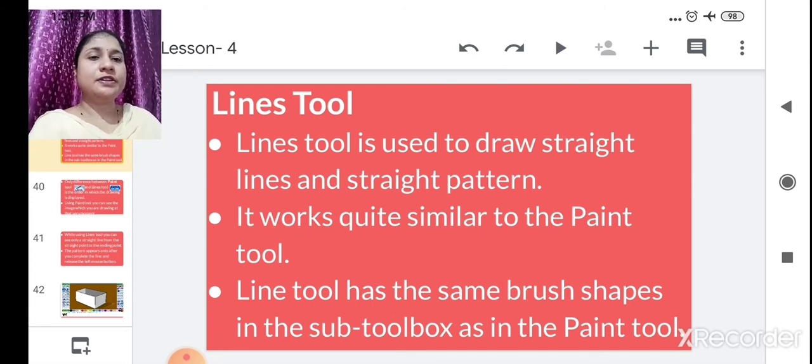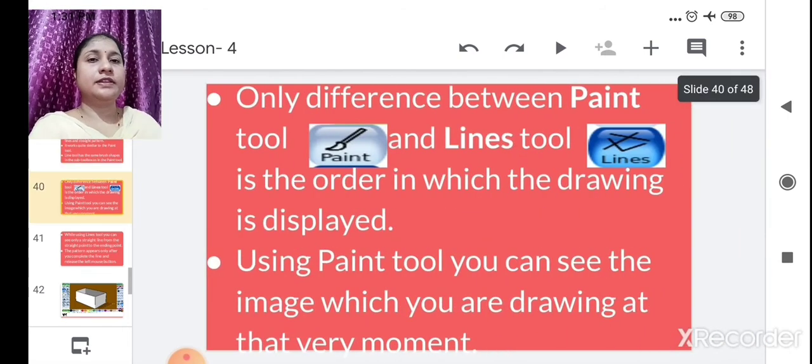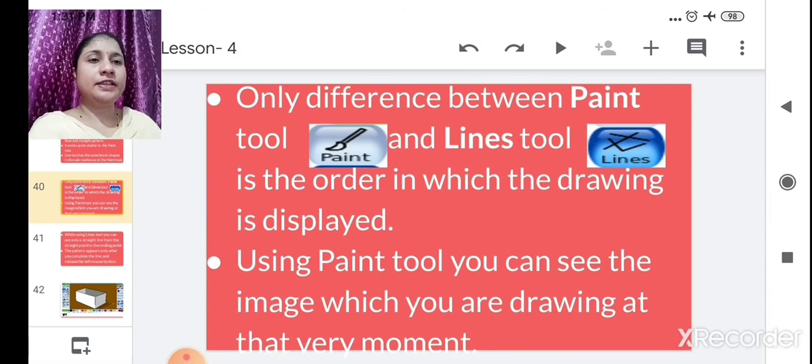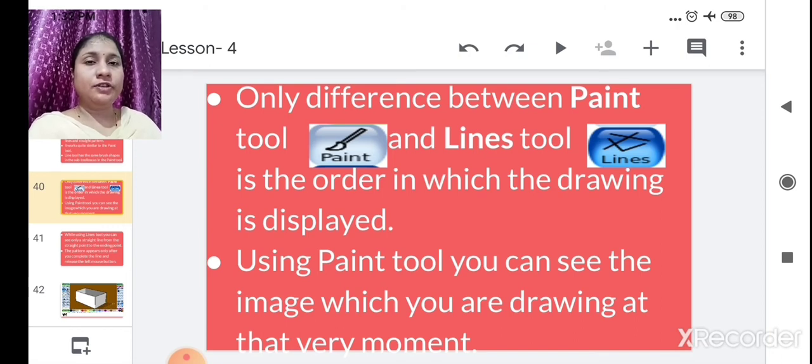The line tool has the same brush shapes in the sub toolbox as the pen tool. The only difference between the pen tool and the line tool is the order in which the drawing is displayed. While drawing with the pen tool, you can draw zigzag lines and any type of drawing.